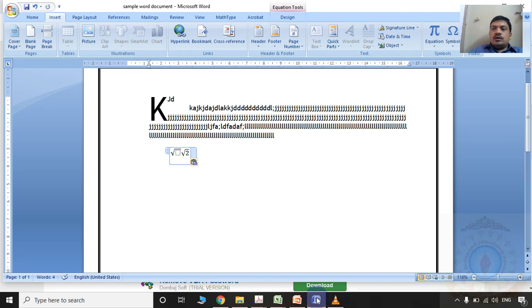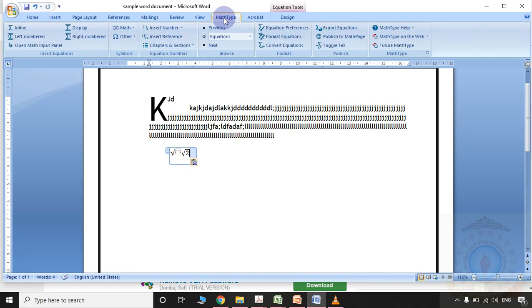If you want to continue, you will need to purchase the license. So after installation, if you are clicking this MathType tab here, there are several options to insert equations.